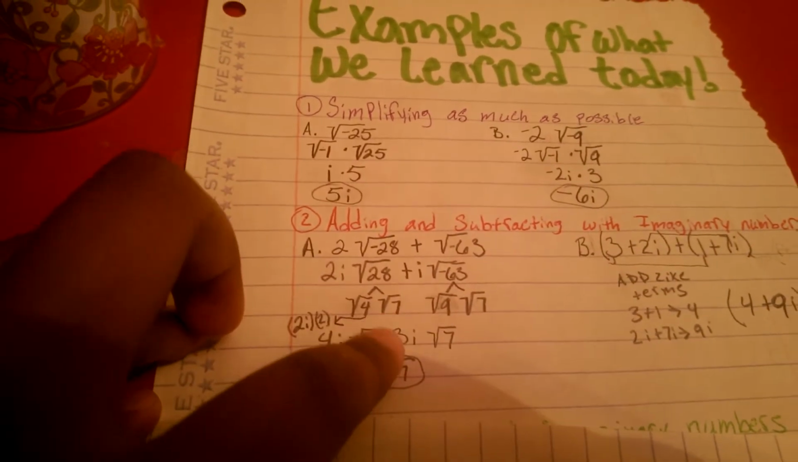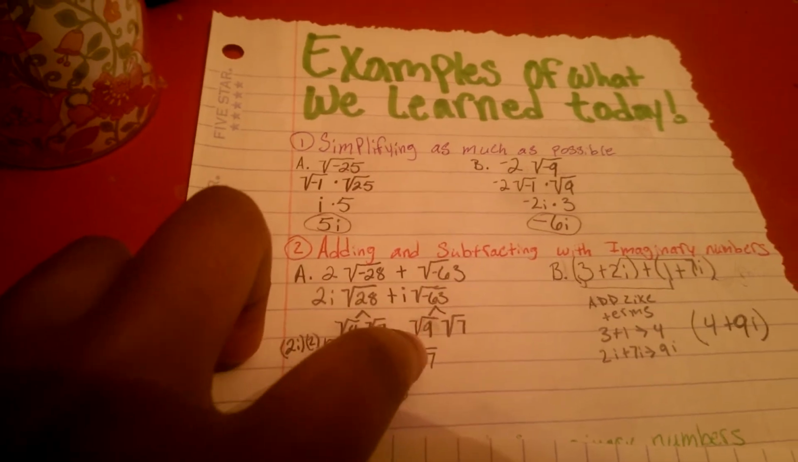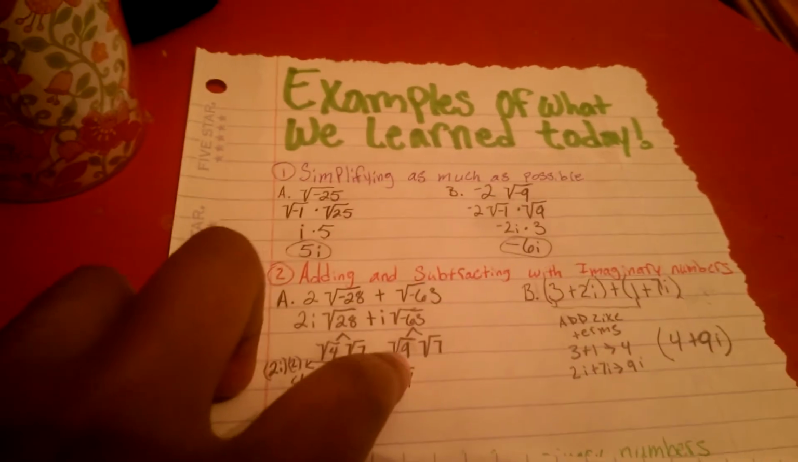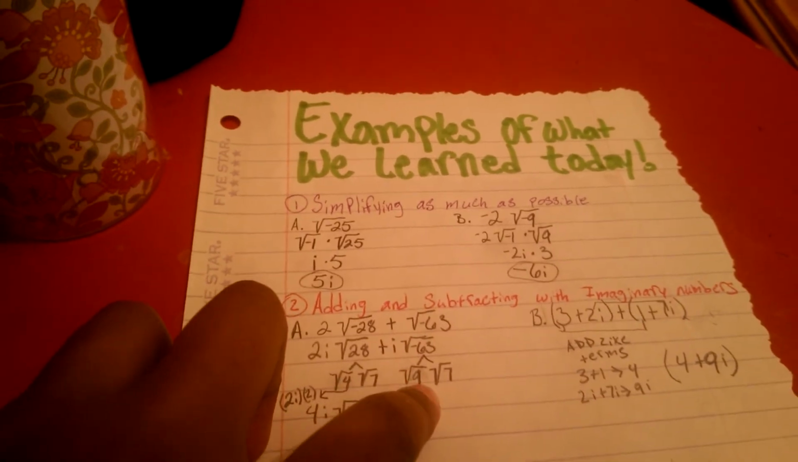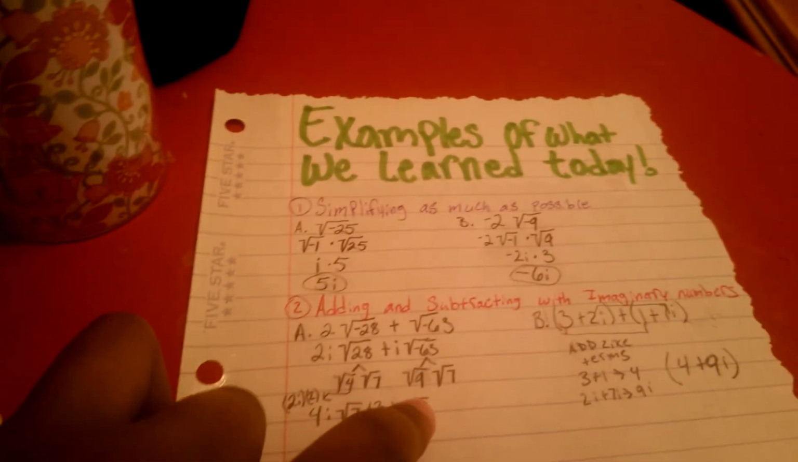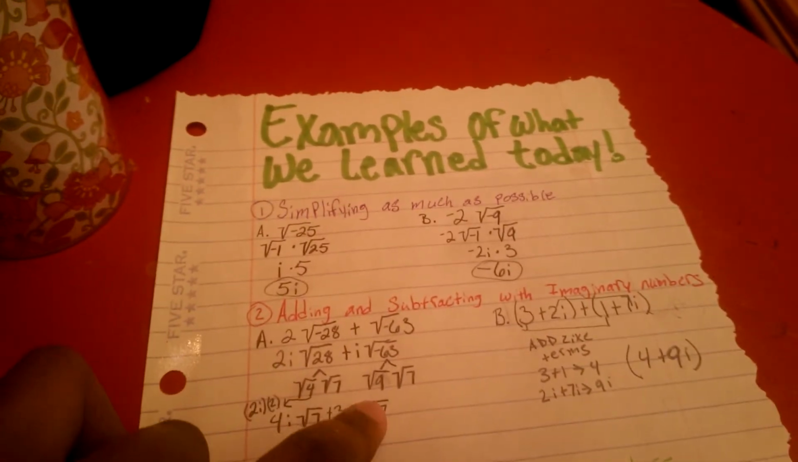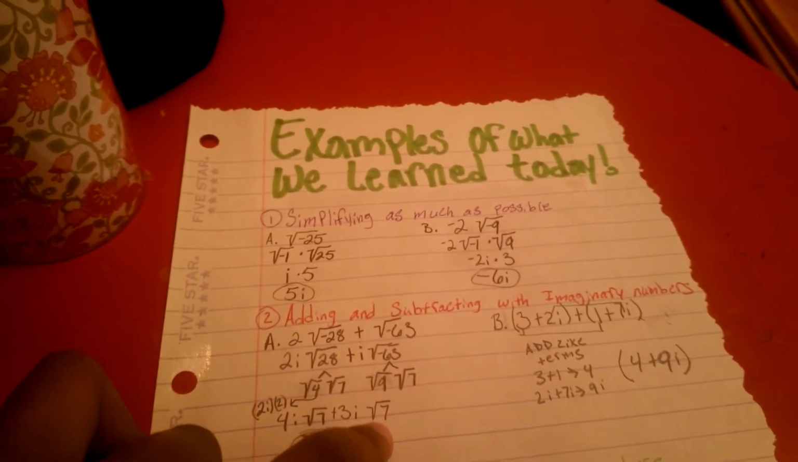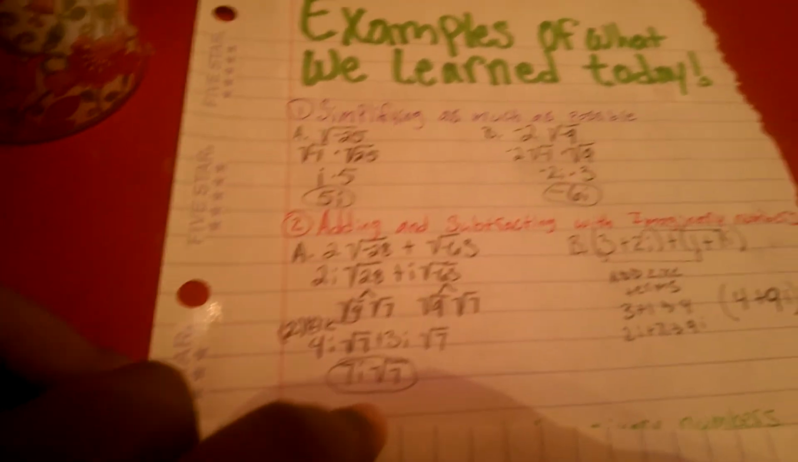And then you have 7, you bring the 7 down here, and then over here you split up the 63 from 9 and 7. It has to split up, okay? Not split up, it has to have a perfect square to it. So that would equal 3, and you get 3i, and then you get 7 right here, and then when you add them together, add the like terms together, you get 7i square root of 7, and